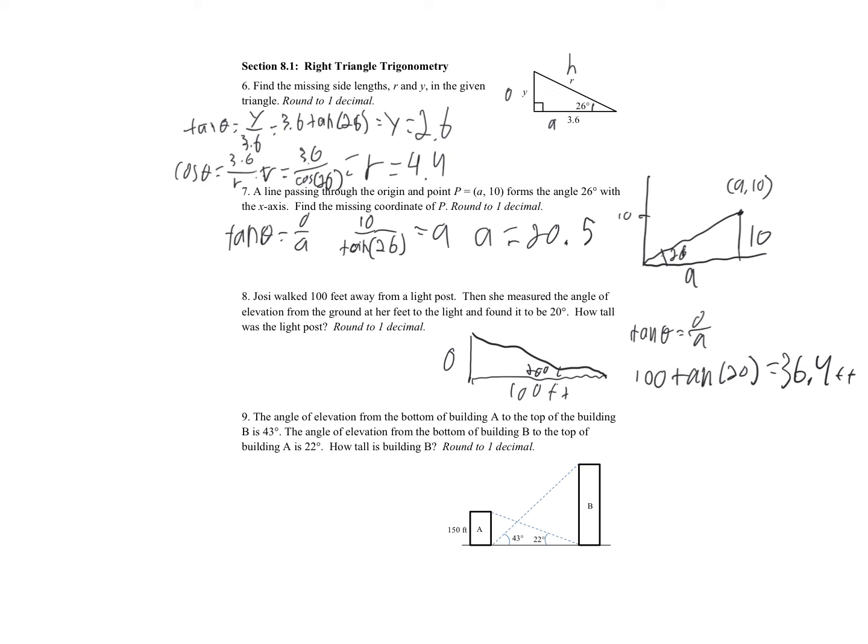Okay, so problem 9, we need to find the height of B. And look here, for B we have this triangle here. The problem is we only know the angle and not any sides, so we aren't able to solve for anything there. But if we look at this second triangle leading up to this smaller building here, we know the angle 22 and 150. So if we draw that out,